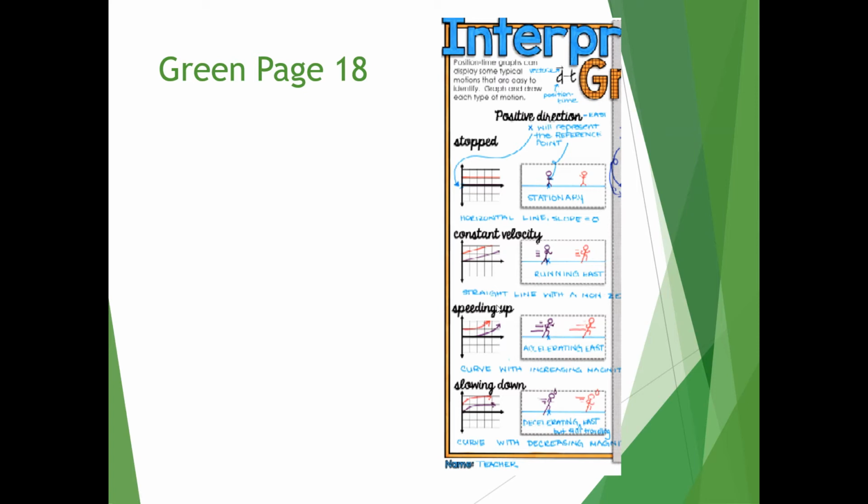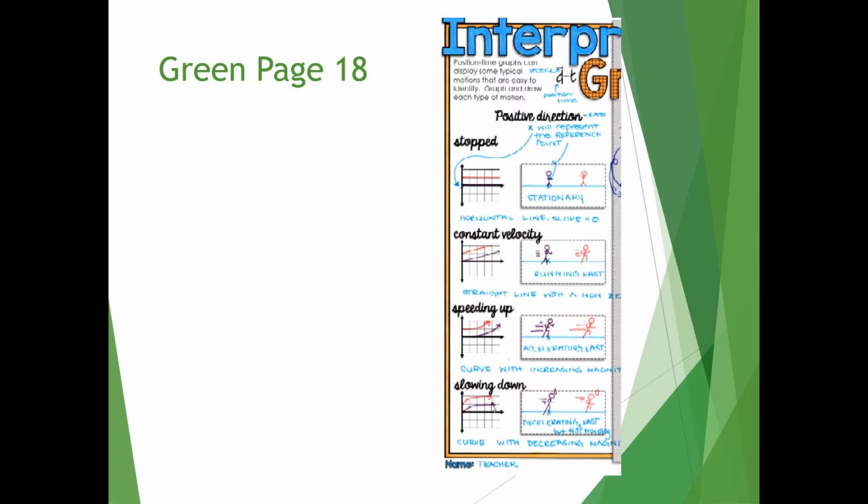Slowing down with these two people, they represent the slowing down here where the top line is longer, the middle line is shorter. There's a bottom little third line here that's really even hard to see on this scanned copy. And so they're slowing down as time goes on. But again, this person is at the reference point. So they start here, they're moving fairly fast, so they cover a large distance. Then they're moving not quite as fast, but they're still covering quite a distance in the next time interval. And eventually they're slowing and slowing and slowing until they're hardly moving at all, and they're essentially stationary at the